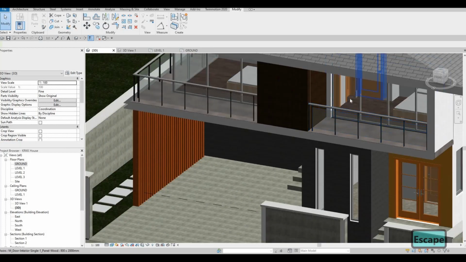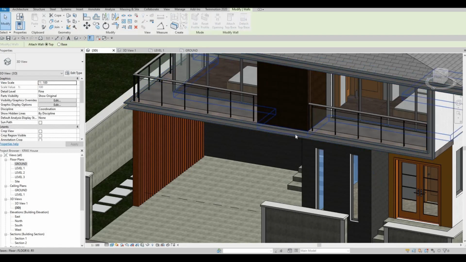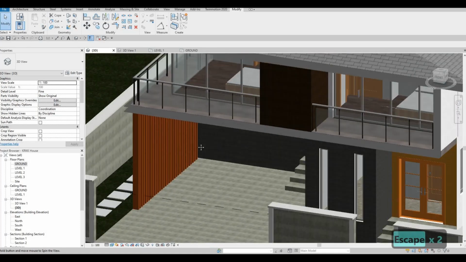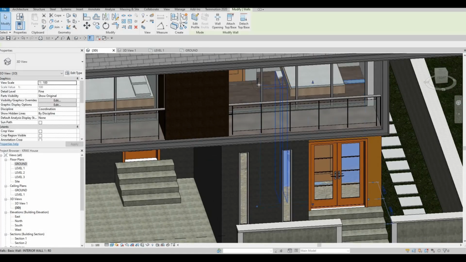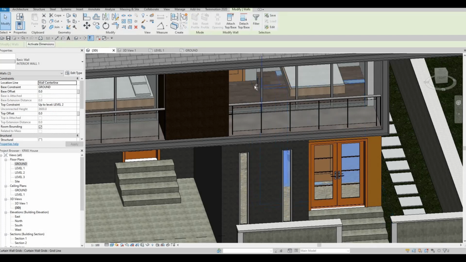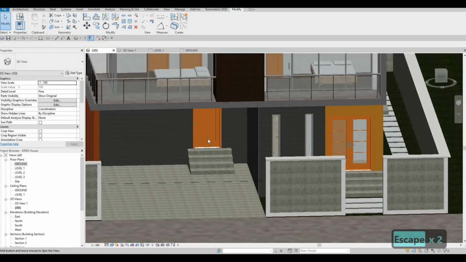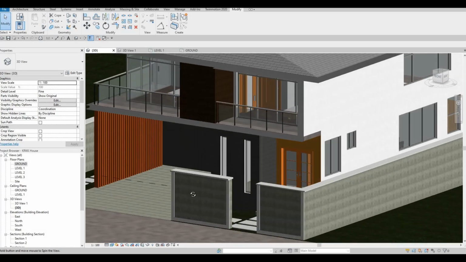So nothing is overlapping. And even right here. So even though it's not visible, I just want to do it